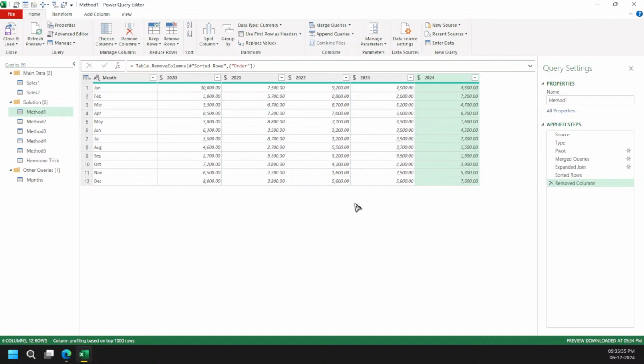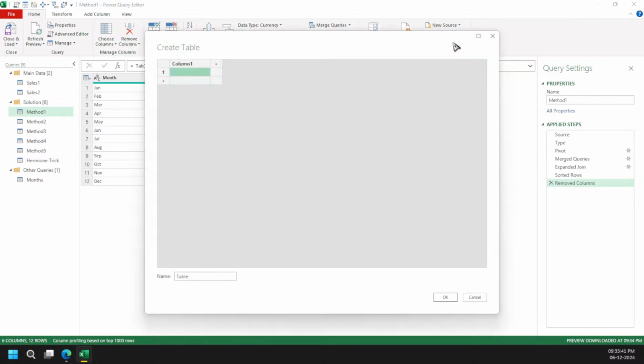So what we can do is go for Enter Data, and then let's name the table Months, and then Jan, Feb, and one by one we are going to write everything.